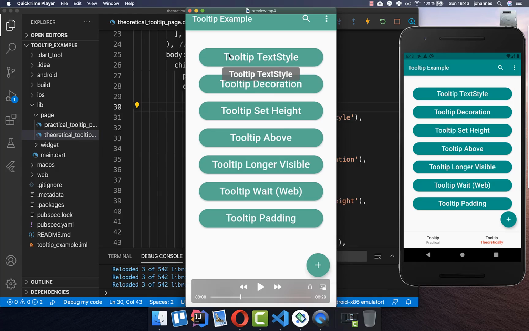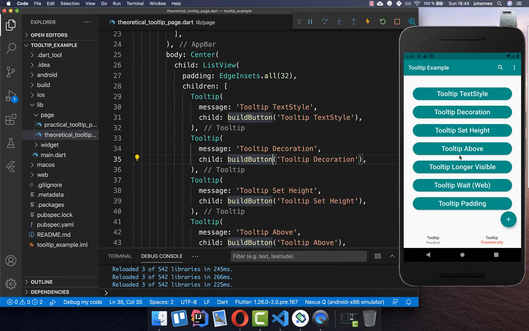Now we want to add a tooltip to our buttons which is highly customized, so we can change the font size, we can change the decoration and so on. Therefore I have already all these buttons inside, and each button has a tooltip wrapped around it with a message. And we want to start with a TextStyle button, and therefore I go to the first tooltip, which